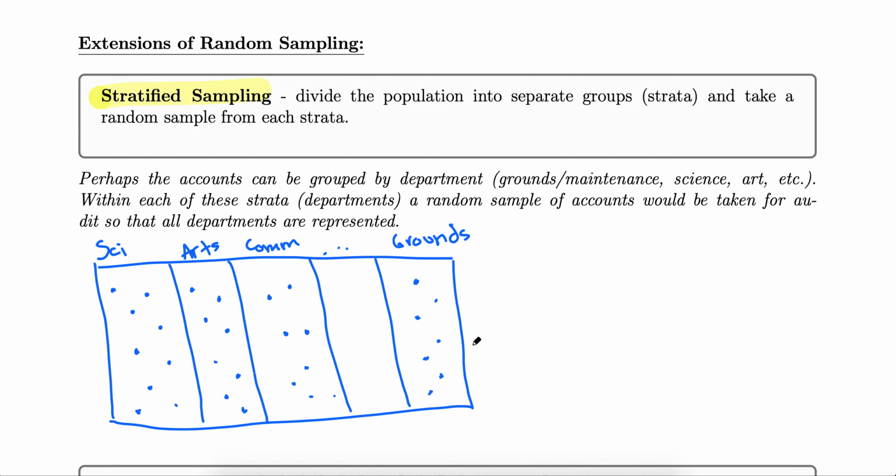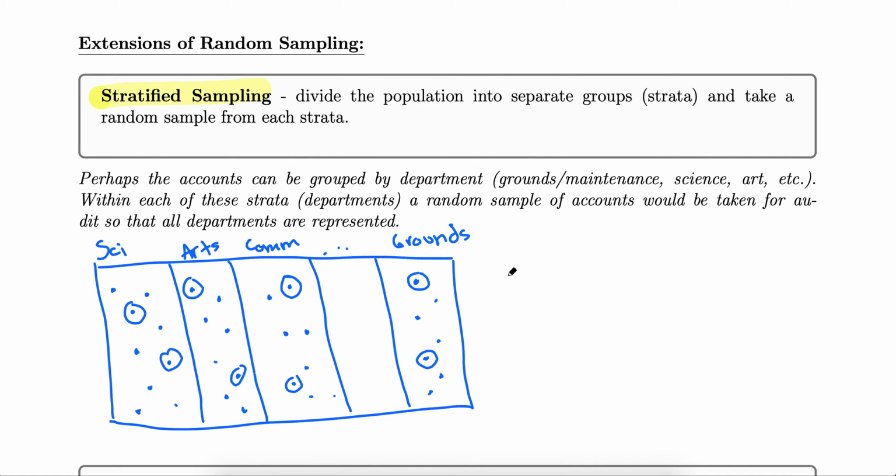So stratified sampling says break your population into these groups or strata, and we want to make sure that all of these groups get representation. So after we've divided into groups, within each strata, we're going to take our simple random sample. So I might take a simple random sample of 2 accounts from within the sciences, a couple of accounts within arts, a couple within communications, a couple within grounds, and so on. So I've repeated that process of simple random sampling several times, once within each strata, to make sure all groups